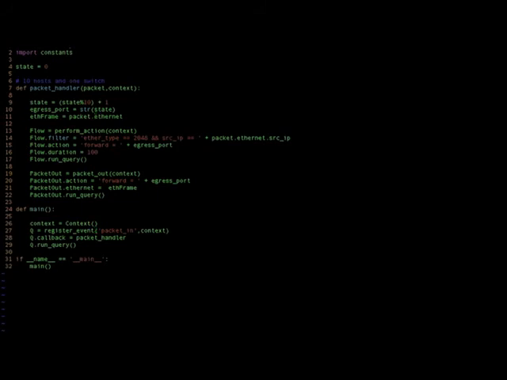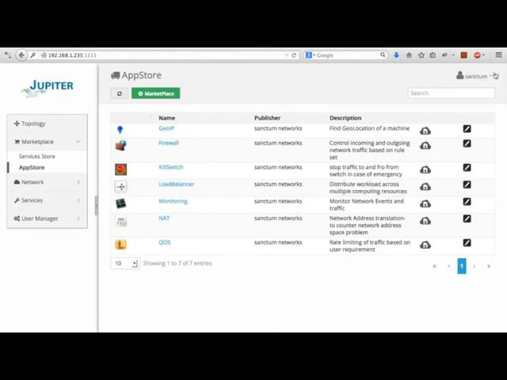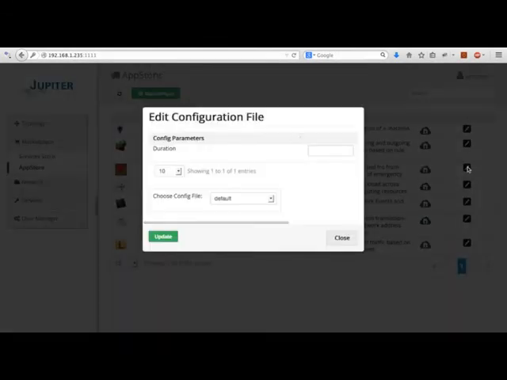After receiving a packet, the packet handler distributes the load in a round-robin manner by installing flows of 100-second duration. This duration can be customized from the UI itself by the administrator.